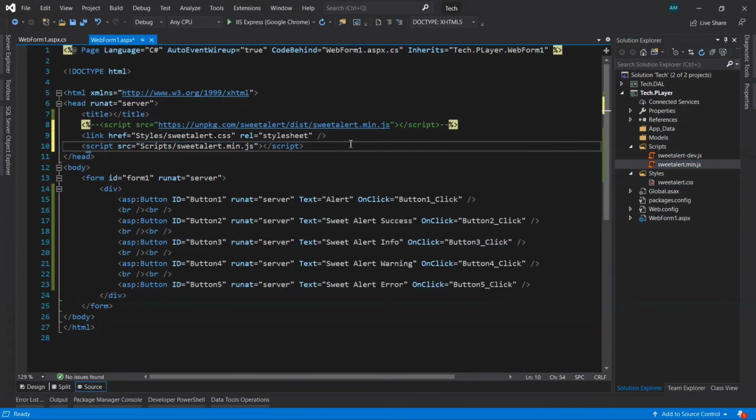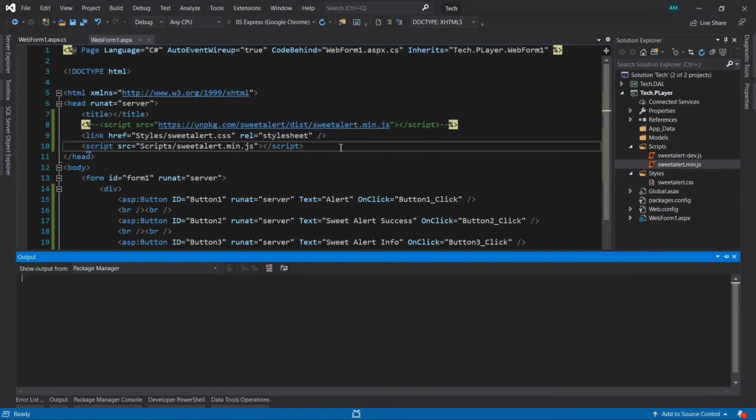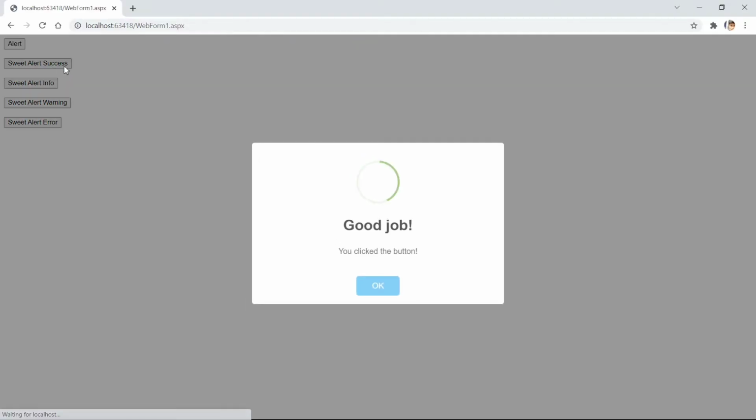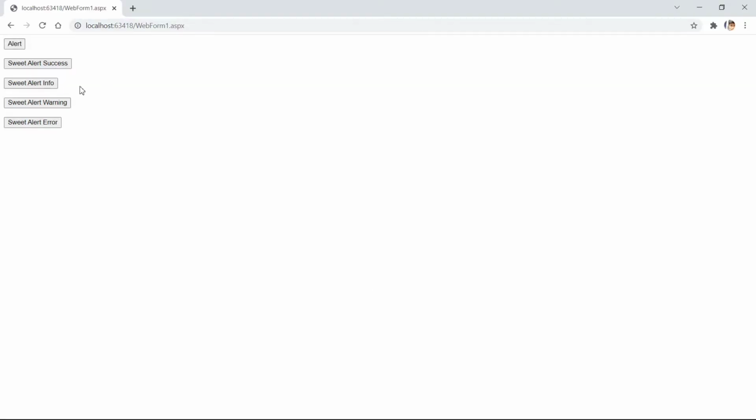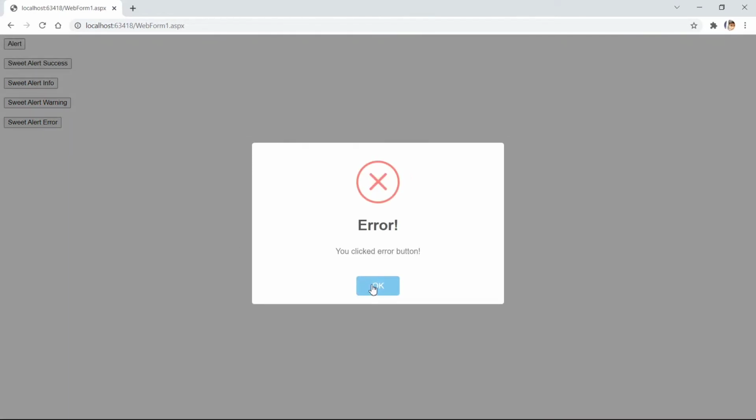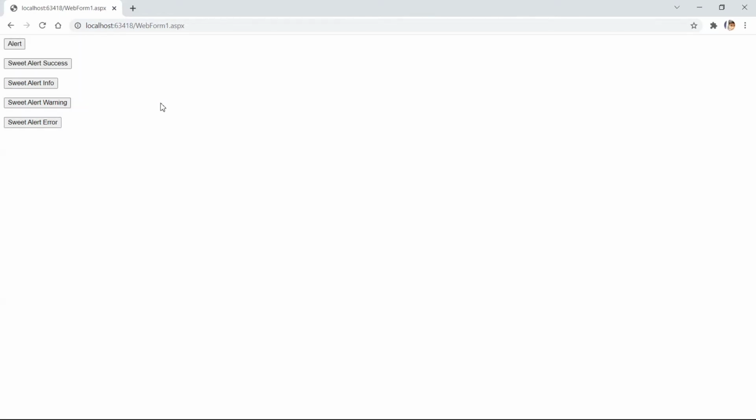Okay, save it, and now let's run and see. So let's check it. It's working fine for offline also. So these are the two ways that we can use. The first is by using the CDN link, and the second is by using the offline file links.